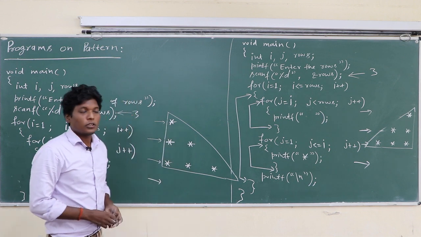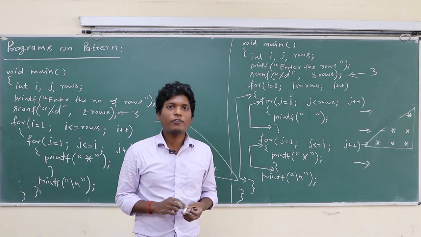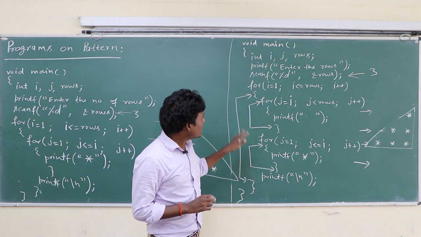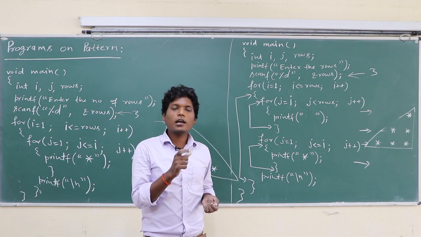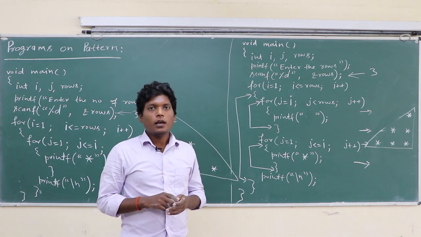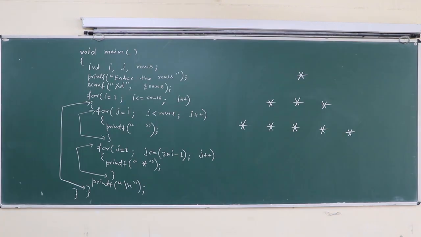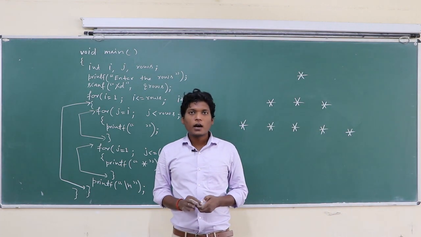Okay class, in both programs we implement the concept of nested for loop. For each value of the outer for loop, the inner loop executes many times till the condition of the inner loop is true. When the condition of any loop becomes false, control exits from that loop. Nested for loop.